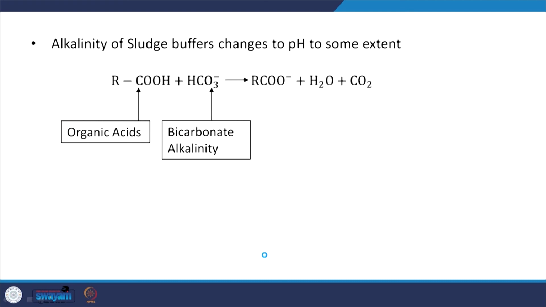As I mentioned, alkalinity of the sludge is very much important. Why is that? Acetic acid, right. Organic acids or even acetic acid are going to lead to souring of your anaerobic digester. There is a term called souring. That is one aspect to keep in mind. Here you have HCO3 minus, the species that is prevalent at or near pH 7, the inorganic carbon that can take up H plus, and this way the pH is not affected. Here they have presented it in a different form, CO2 instead of H2CO3.